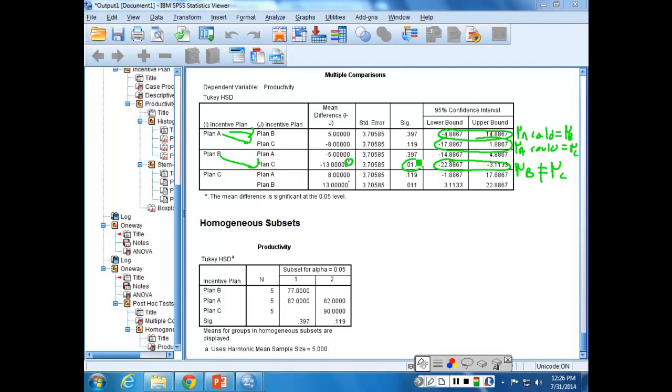I kind of like for you to look at the confidence intervals because that, again, is a review of what we've just done. Does the confidence interval include 0? If it includes 0, they could be equal. If it doesn't include 0, they're different. In fact, what you would say here is that plan B is somewhere from about 23 and 3 lower than plan C. So you can go back and look at the problem, but what that means is that,